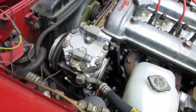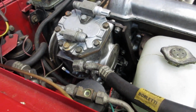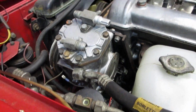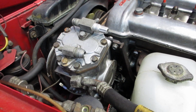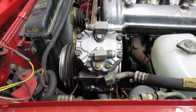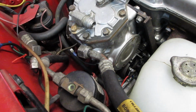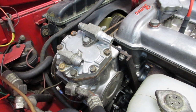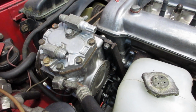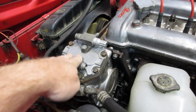It never really worked very well, according to my wife and my father-in-law, who drove this car. It is humongous and takes up a massive amount of the space that you have in the engine. This is where the battery usually goes, so I guess good news is the battery tray cancer didn't happen on this car. The battery has actually been remotely put into the trunk as a result of there being no space